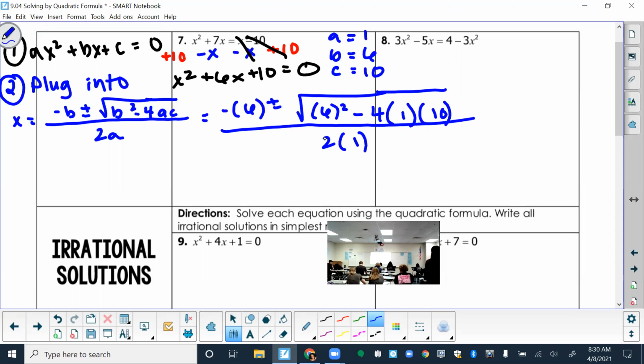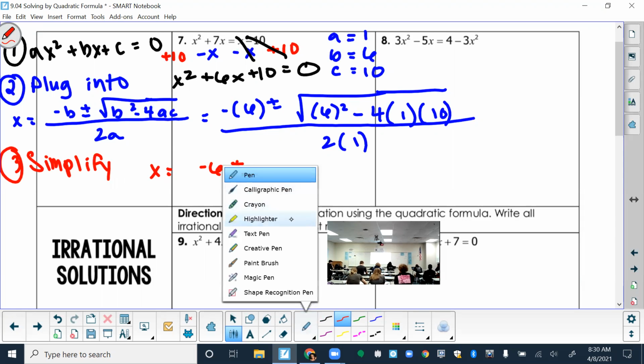All right, so last step is just to simplify, and we can break this into smaller parts to make it better. So starting over here, it's like 6 in parentheses, with a negative outside the parentheses. We can probably get rid of those parentheses, right? It just becomes a -6 there. All right, plus or minus. Now this portion over here, that square root part,